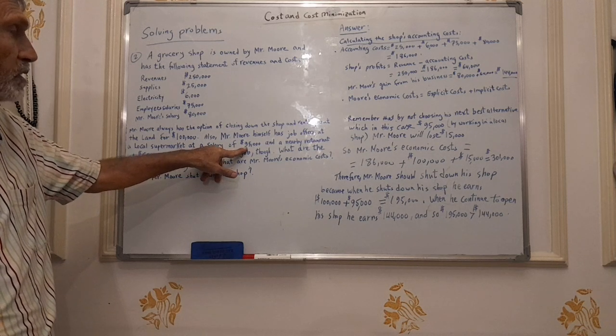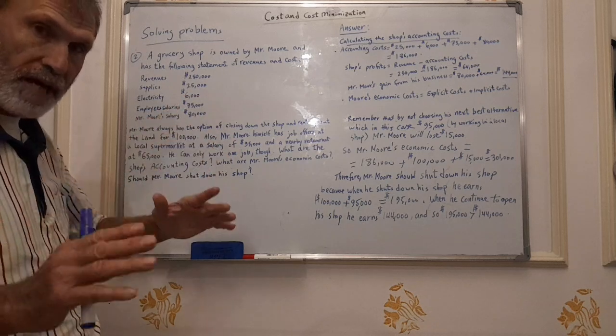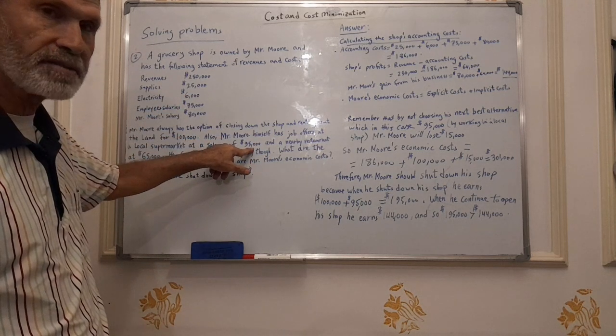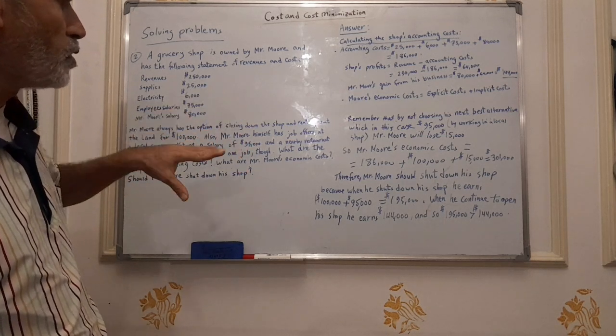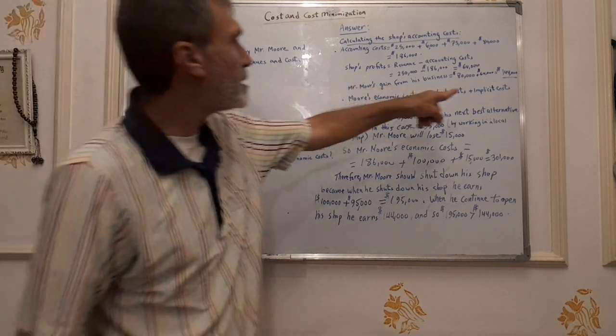So he will be able to make $100,000 plus $95,000, which is $195,000. And if he continues to open his shop and work in his shop, his gain